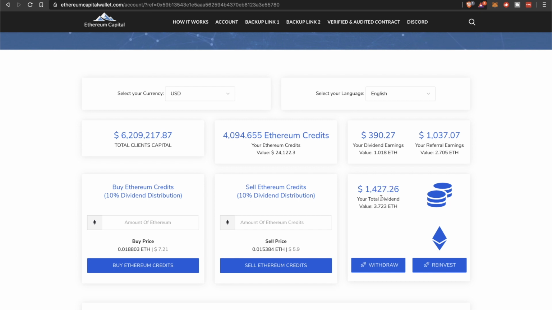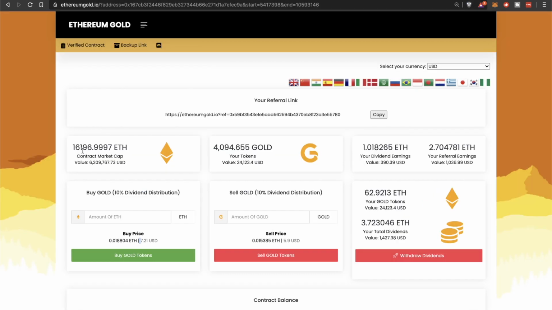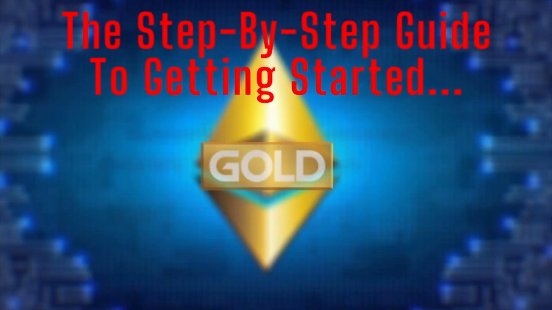We're not looking at Ethereum in the contract going up or down, because to be quite honest with you, a lot of people started seeing this number, the amount of Ethereum in the contract, start going down, and they started selling their own tokens because of it. All right, a psychological sell-off, which at the end of the day was great for us because we got dividends, right? That's what the whole point of strong hands is. But anyway, I digress. Let's get started with Ethereum Capital.